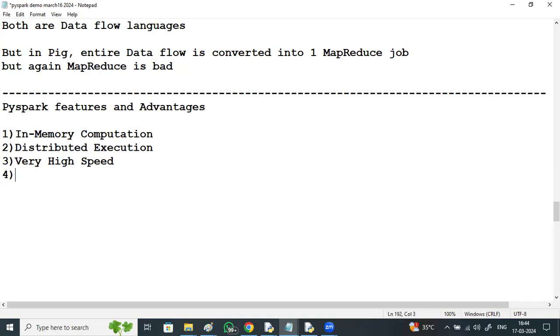And what are the other features? Flexible parallel process. What is that? In the case of Hadoop, we cannot control the parallel processing. By default it depends on the number of blocks. But here in Spark, we can control the parallel processing. While loading the data, we can specify how many partitions you want: 10 partitions, 100 partitions, 20 partitions. Based on that, they'll be distributed across that many systems and executed parallelly, right? So we'll get more parallelism, right?